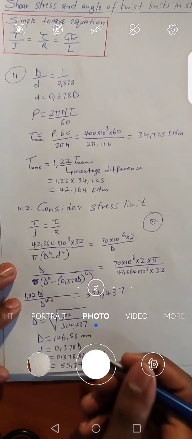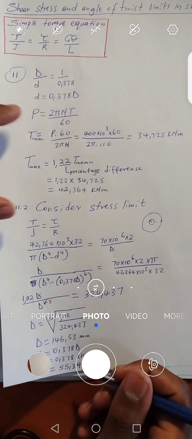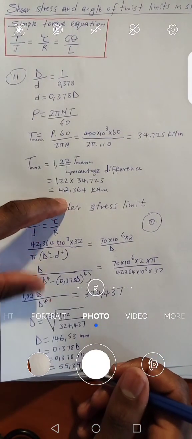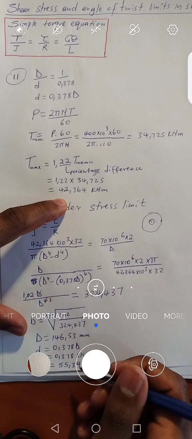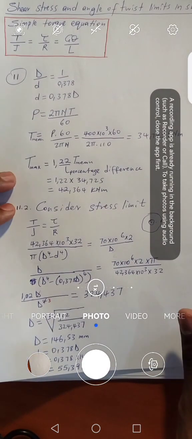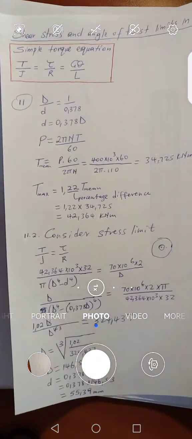Then we have to use this. If we apply this torque of 42.364, and then the stress that will develop in that shaft, we don't want it to be more than 70 MPa, then we have to use this shaft size. Right, from there we are done with